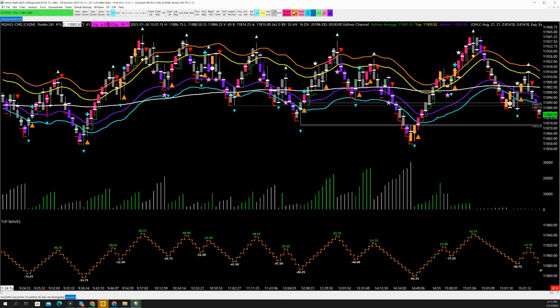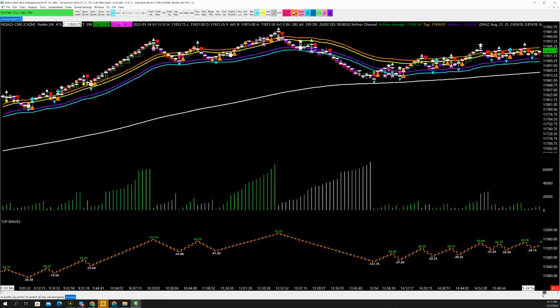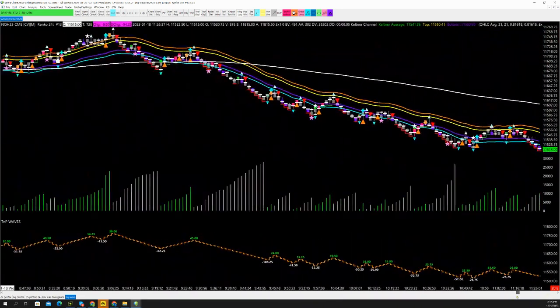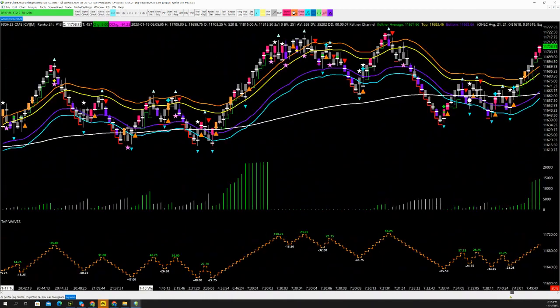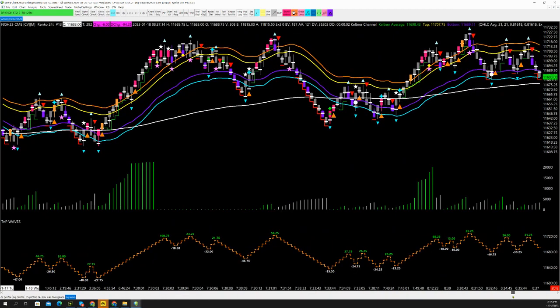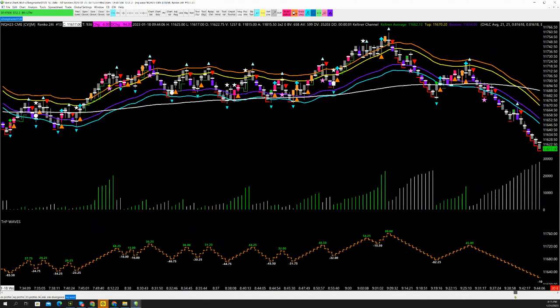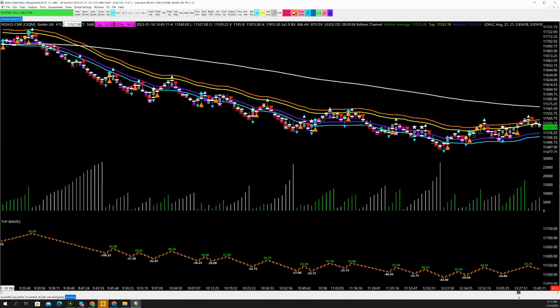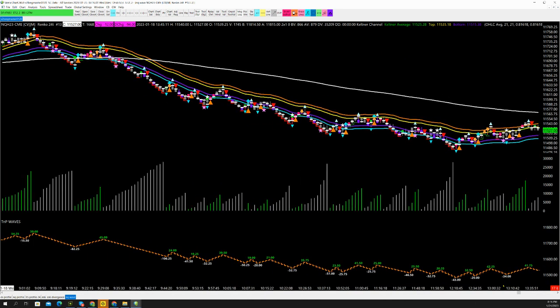So just to show you this doesn't work magically or it just works today, I want to go back to Thursday of last week or Wednesday of last week when we turned. So this was when we were trend down, I think, into the middle of the day. So here we go. This is our trend down. So I'm going to show you the first place that we would have triggered long would have been from a momentum indicator standpoint, the TMP waves. And that would have been,